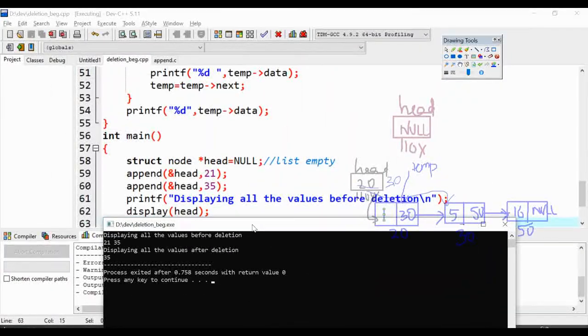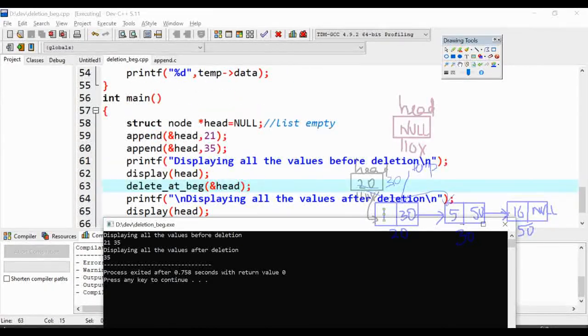As you can see in the output, I have called append 21 and 35. So after appending 21 and 35, the values are displayed. I've called delete at beginning after that. So as you can see, 21 is deleted and the 35 is the value that is retained. So this is how we have to delete a node at the beginning.